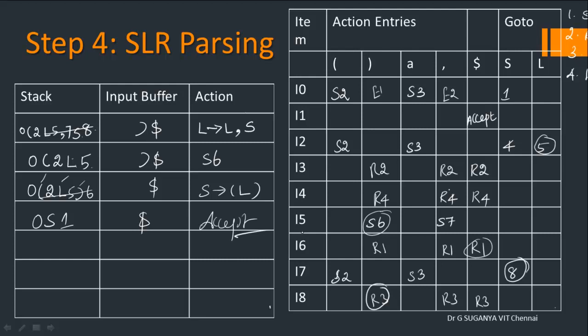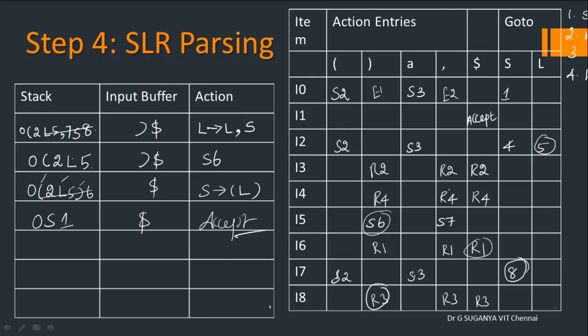It's a continuing procedure: start with the construction of the augmented grammar, followed by computation of LR(0) items, which is nothing but I0 to I8 in this problem, using closure and goto functions. Third, you have to construct a parsing table like this, which will have 4 types of entries: action entries, goto entries, shift entries, accept, and then the rest of all we call error entries.